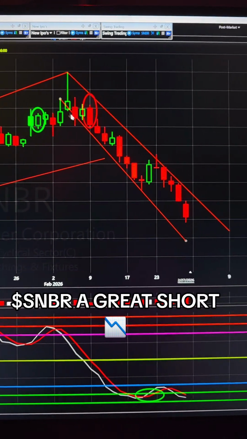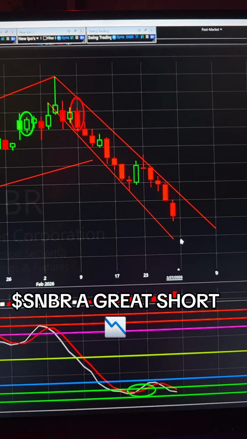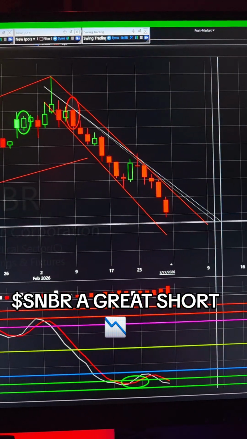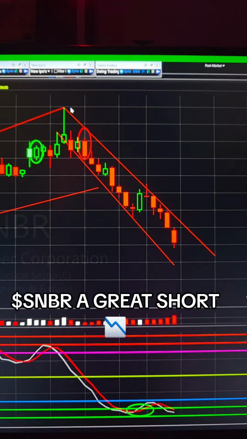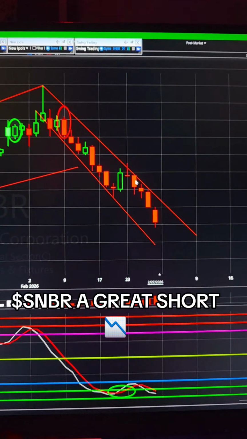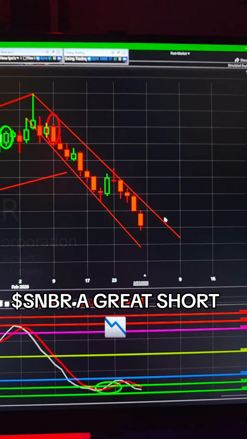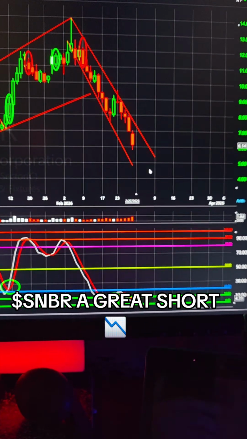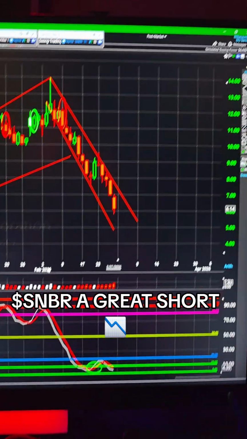But on the move right here, see this going down? You want to connect as many lines. Here, the top wick. Now, you can make it closer. You can make it something like that. It doesn't have to be perfect. But you want to connect and see where all this crosses down from as close as you can. So there it is on SNBR. We'll see if this goes to 5, maybe even goes back into 4 at double bottom. We'll see.